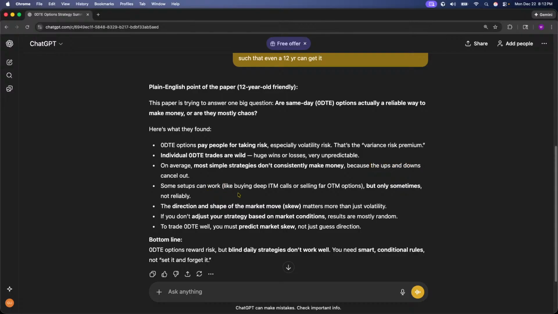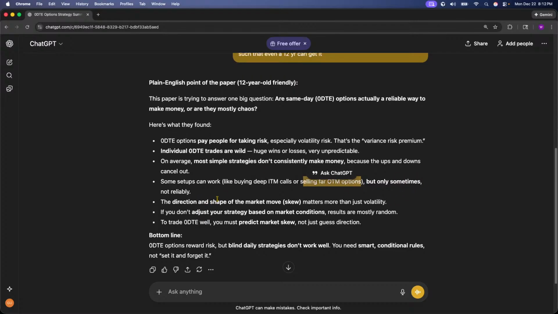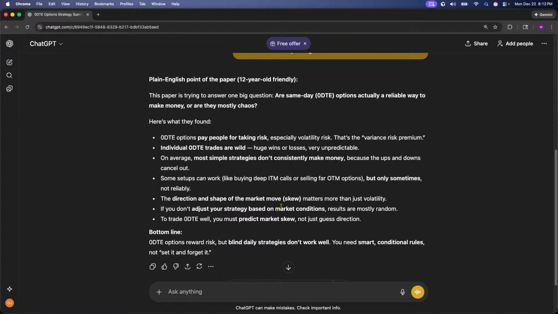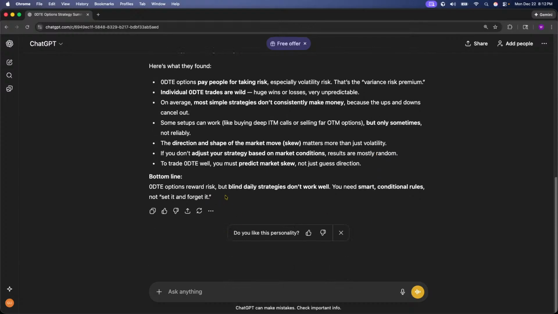Some setups can work, like buying deep in the money calls or selling far out of the money options, but only sometimes, not reliably. The direction and the shape of the market, the skew, matters more than just volatility. So if you don't adjust your strategy based on the market conditions, it results in random outcomes. The bottom line is that 0 DTE options reward risk, but blind